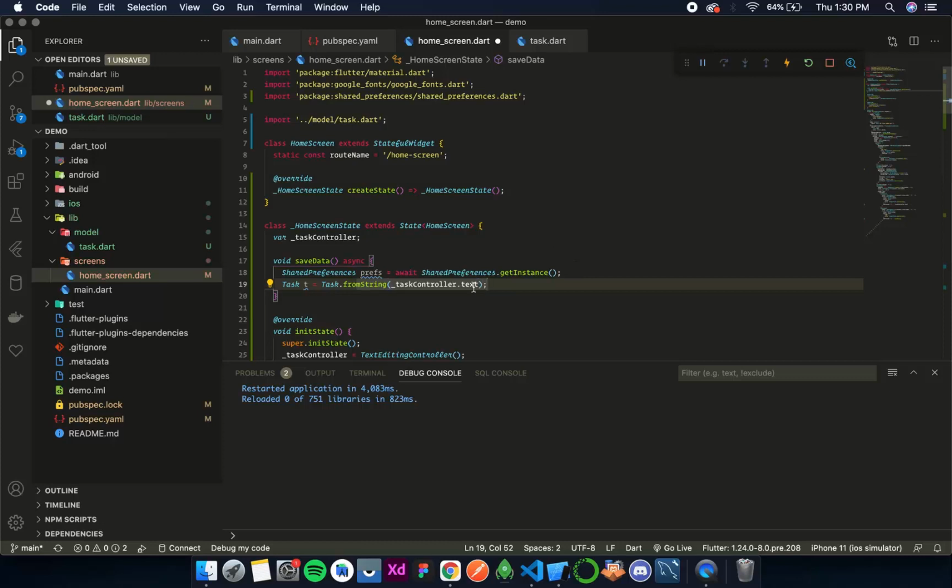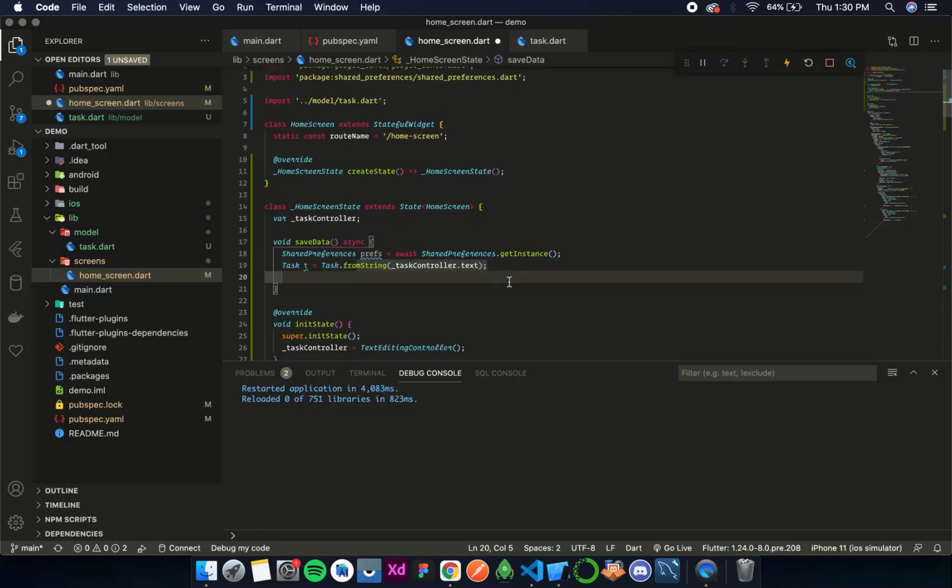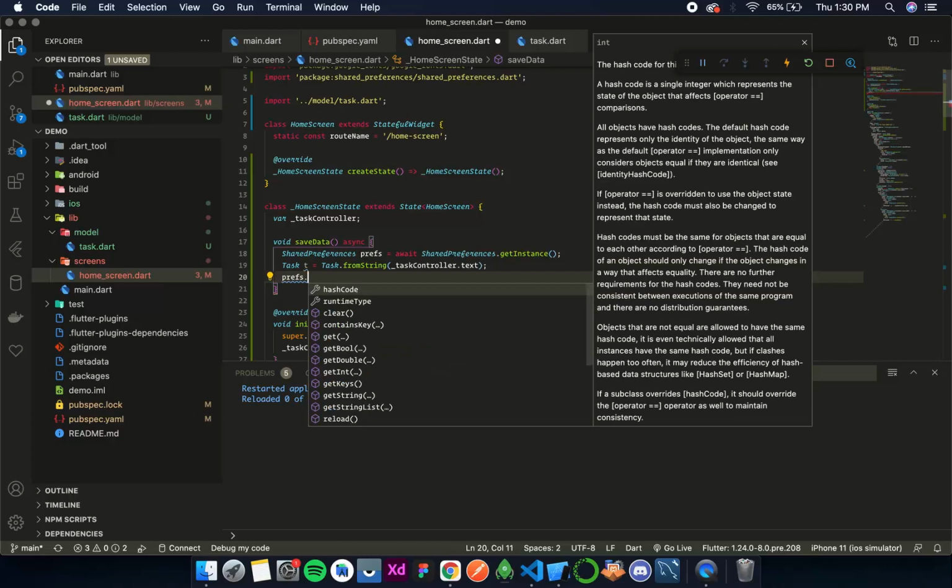Okay, so this .text returns whatever value is in this TextEditingController. So now we have our task over here. Let's save it in the shared preferences. So for that, over here I'll write prefs.putString, okay, I don't know if it is putString or setString.